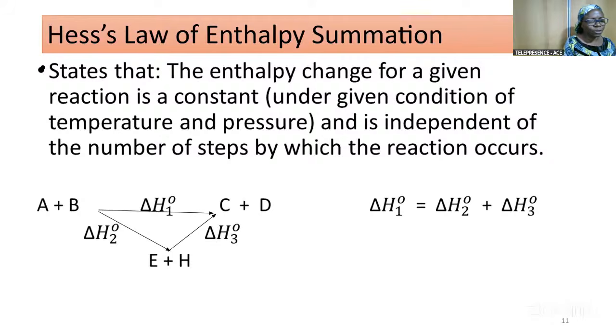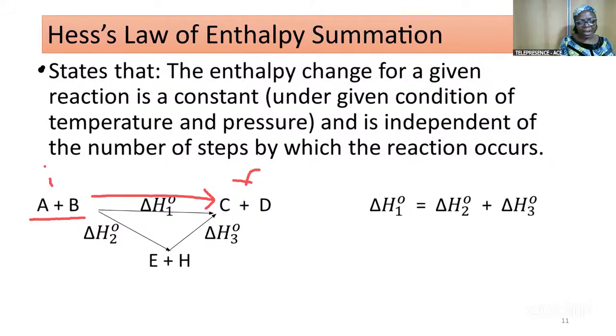So if you have a reaction, A reacting with B, in that reaction, it can as well take a path that is so straight that it goes to C and D. So this is the initial state, and this is final. Now, Hess's law is saying that irrespective of the path or the number of steps you have to follow to get to the final state from the initial state, the enthalpy change is going to be constant,